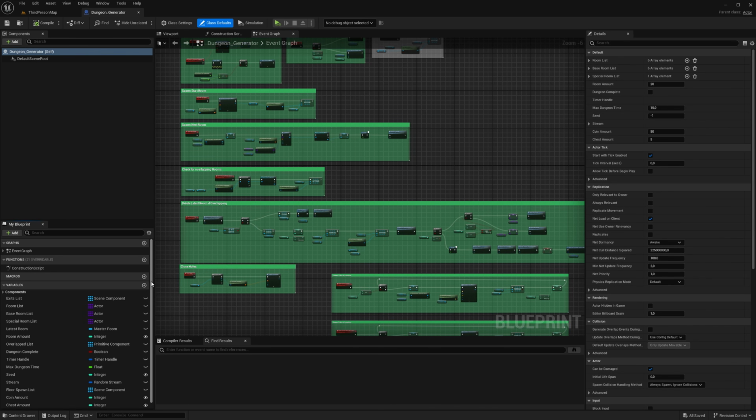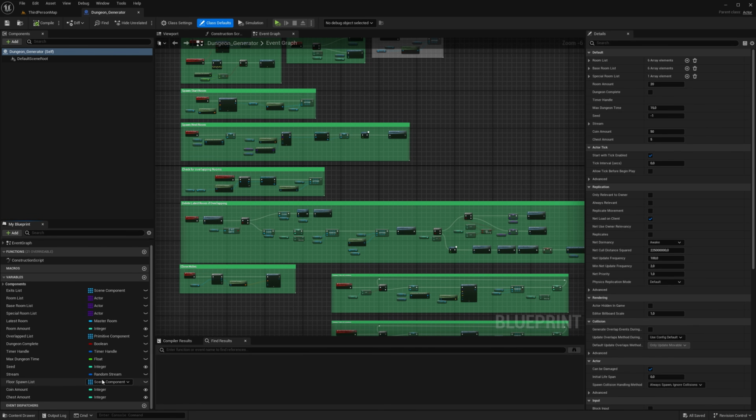First of all, we need to make a new list. We need to make a list where we take all the used exit arrows and put them into a list called door list. So when an exit arrow has been used, we will put it into a door list, so it's able to spawn a door, because we know there is another room there on the arrow.